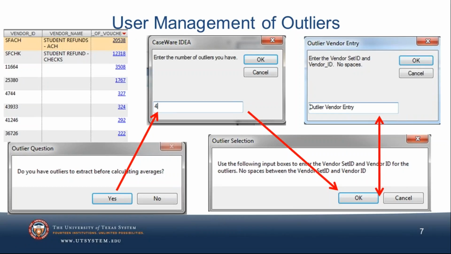So in order to minimize any undue influence by these vendors that have such a large number of vouchers, which is going to skew any calculations on turnaround time, and particularly these are student refunds and they're processed right away, so that's definitely going to throw off any kind of calculation.